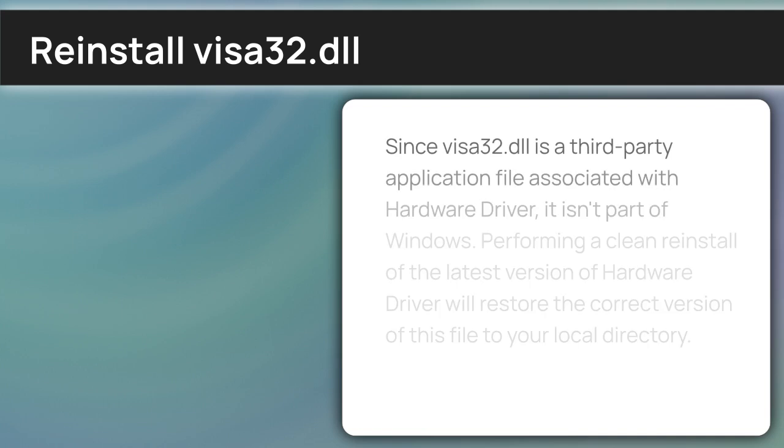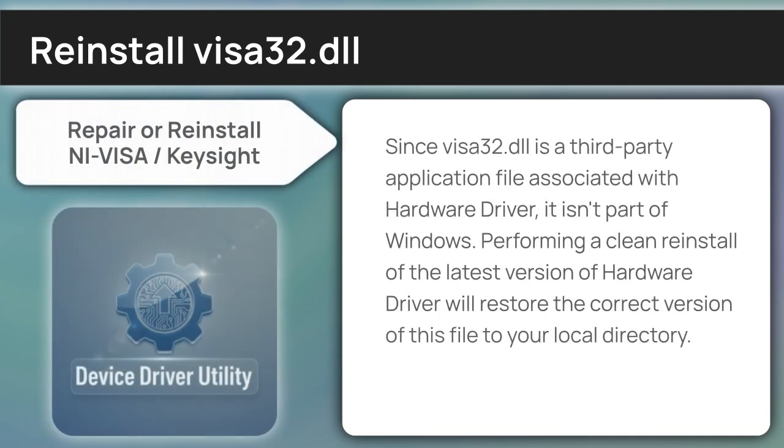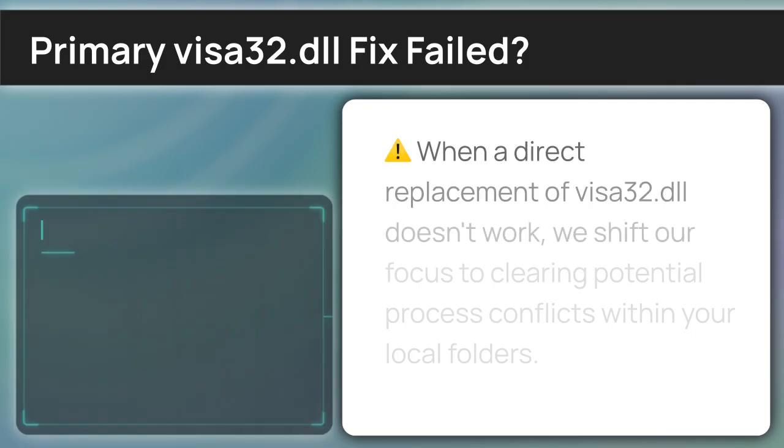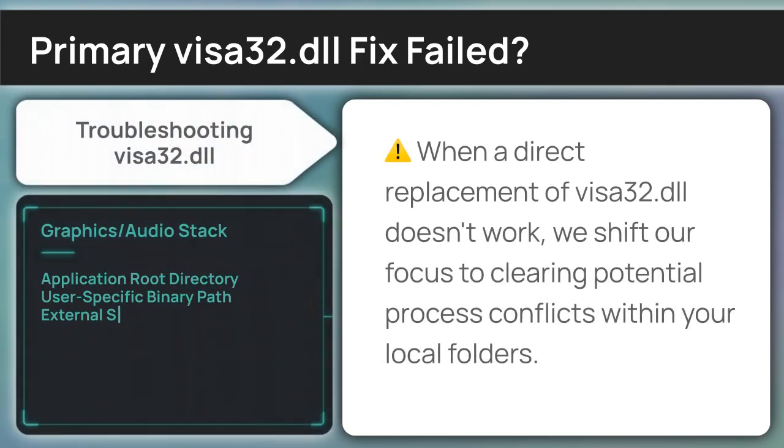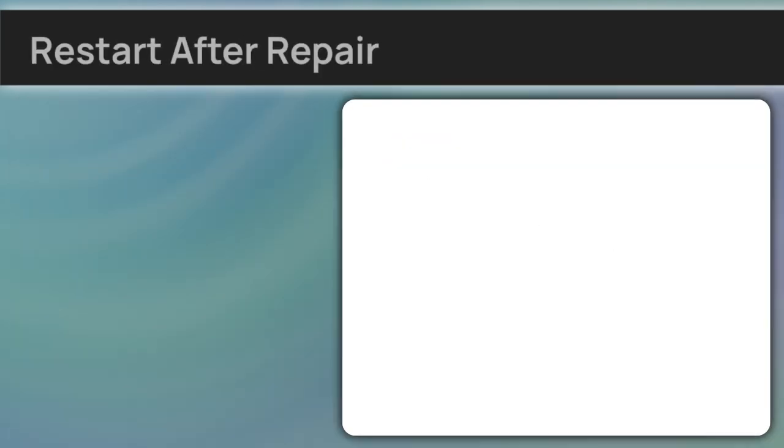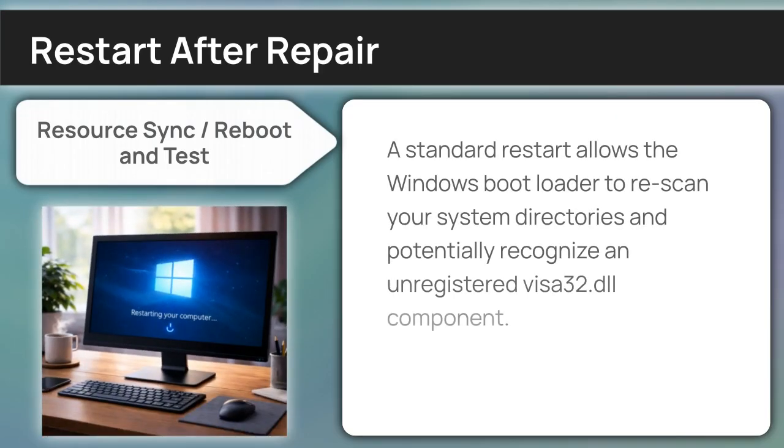The Visa32.dll is typically installed with the hardware driver. Reinstalling the latest official version of the hardware driver from the official source will restore any missing or corrupted application files, including the Visa32. In cases where the official installer remains ineffective, we must escalate to a manual review of your system's active runtime state. A standard restart allows the Windows bootloader to rescan your system directories and potentially recognize an